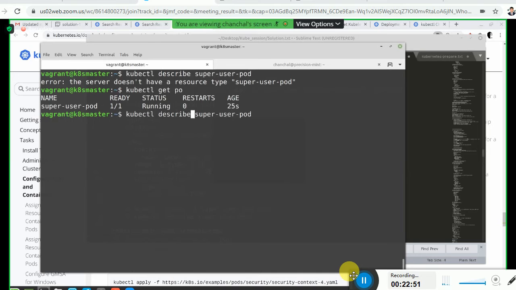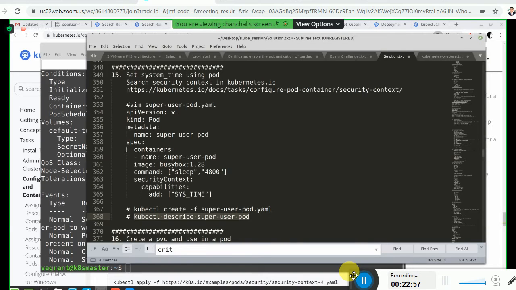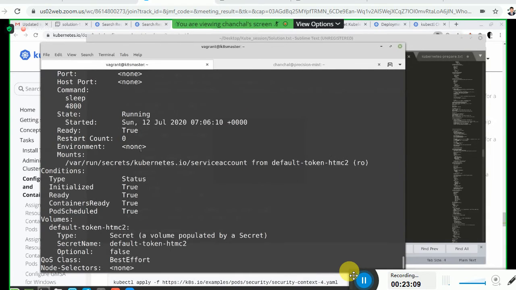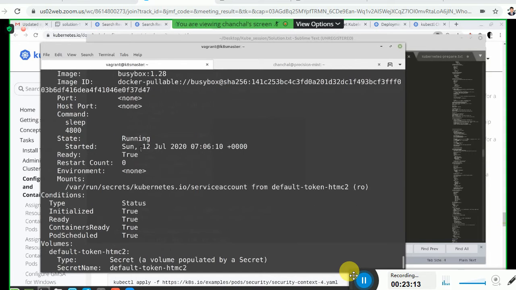So in the solution also that is missing. Okay, so I need to type that. Okay, so describe pod init. Can you see here, is there any additional capabilities in it?